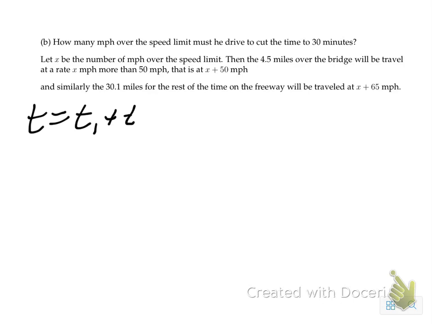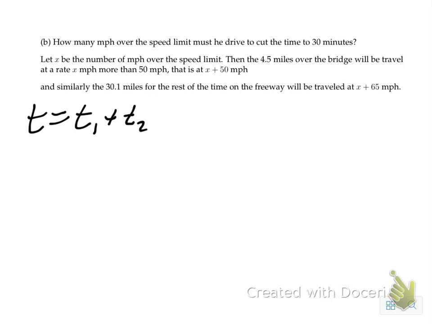Moving on to part B, we go, okay, so how many miles per hour over the speed limit is he going to need to drive to make it 30 minutes, to cut that by 3 minutes? And we start off by letting x be the number of miles per hour over the speed limit, so that it keeps track of how many miles per hour over the speed limit. And we're going to assume that whatever you calculate here, you're going to go that many miles per hour over 50 when you're on the bridge, and you're going to go that many miles per hour over 65 when you're